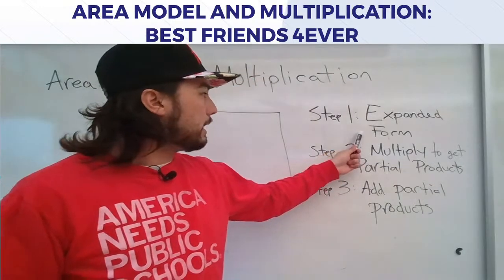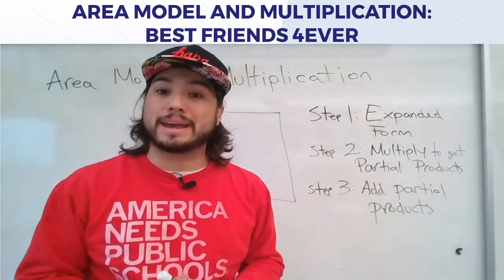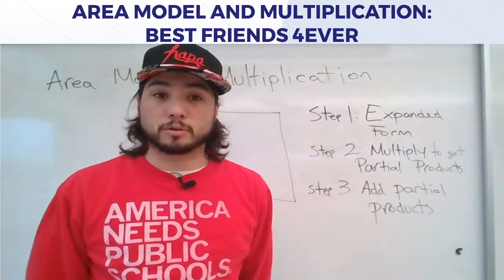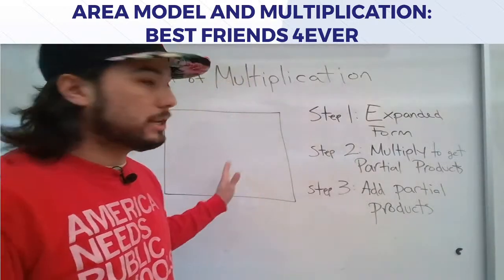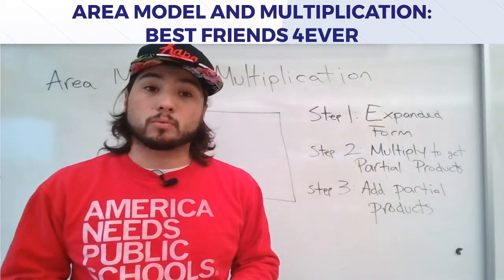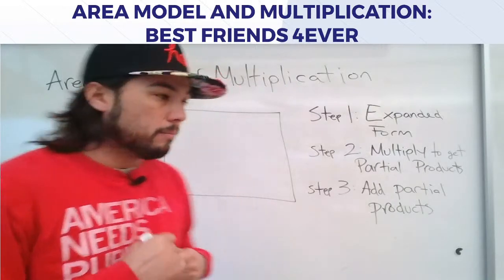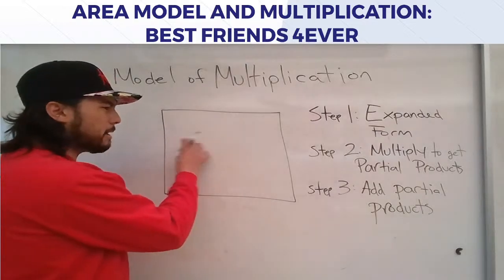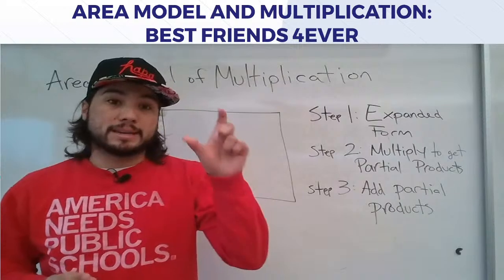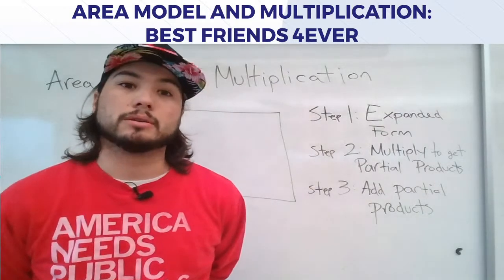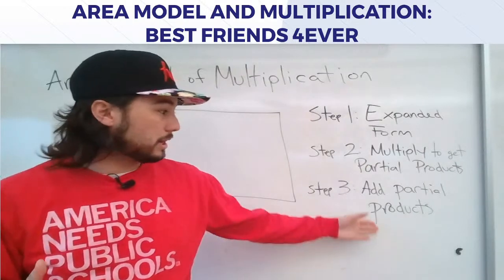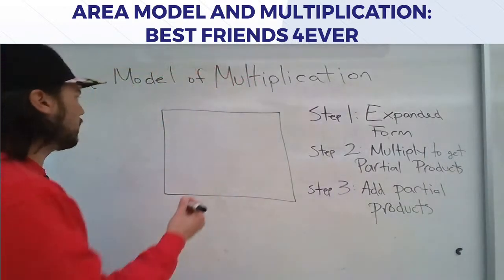And the first step is to take our factors and put them into expanded form. This is going to let you know how many partial products you're going to need and really what you're going to need to divide your area, your rectangle into, okay? Because thinking about this idea of partial products, or finding products with a smaller multiplication expression inside of a larger multiplication expression, and then adding those together at the end,